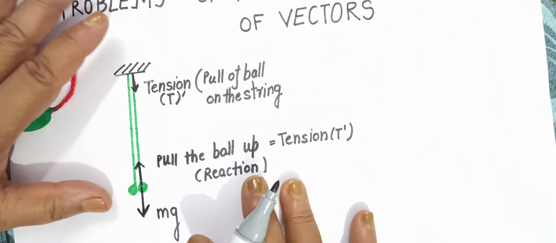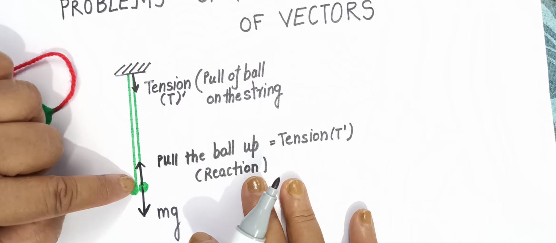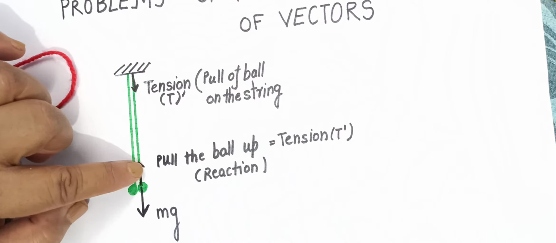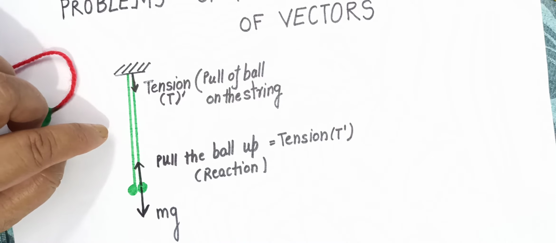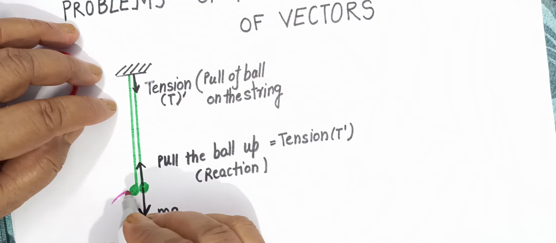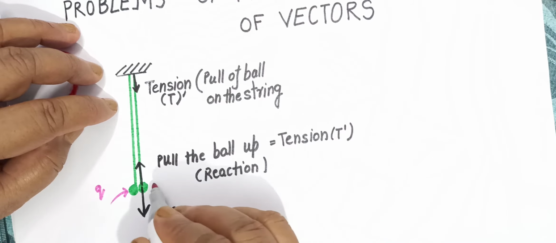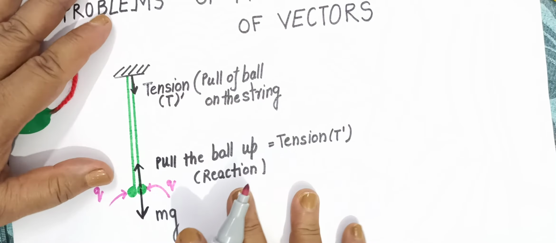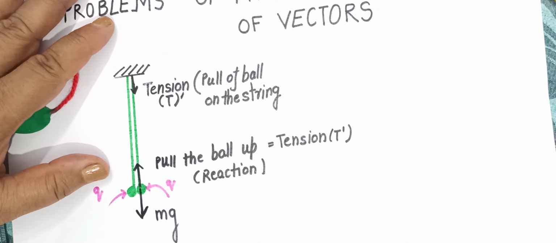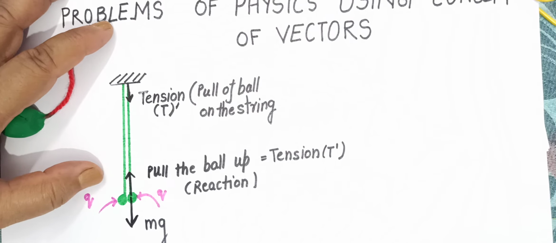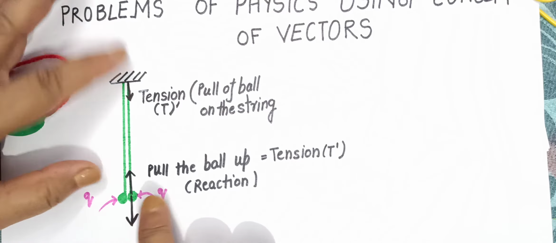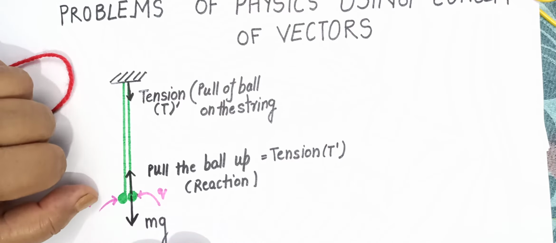The problem is actually that two simple pendulums are suspended from a rigid support, and then they are given some charge, say Q. Now what will happen? Actually this is a problem of class 12th, but you know that two like charges repel each other. So when the two balls are given the same charge, they will repel each other.